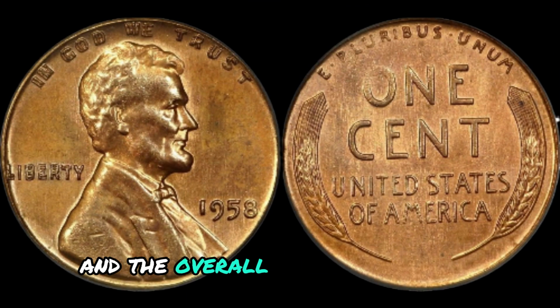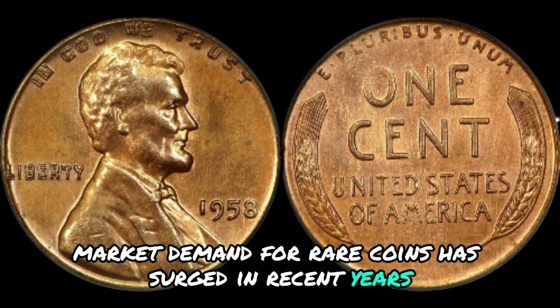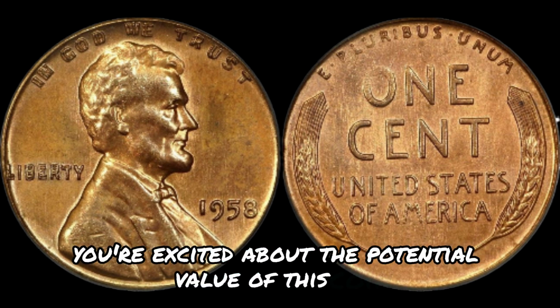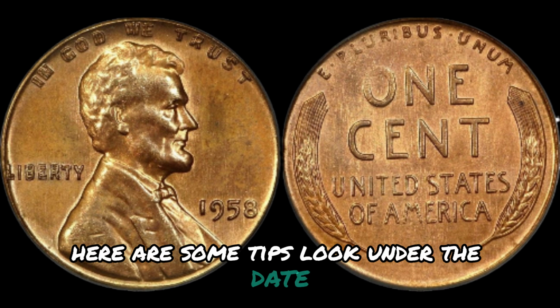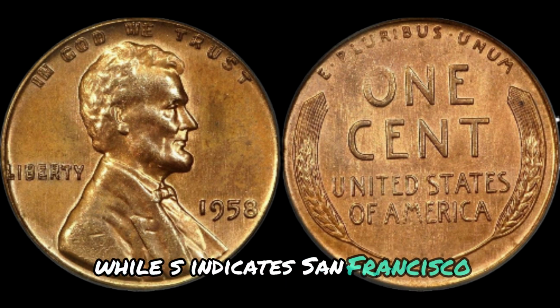So, what makes the 1958 Ultra penny so valuable? It all comes down to rarity and demand. The Denver Mint produced only a limited number of coins, and the Ultra penny, in particular, is characterized by its sharp details and minimal wear. Coins in excellent condition can command astronomical prices in the collector's market. Collectors seek coins that are graded well, typically by reputable organizations such as the Professional Coin Grading Service, PCGS, or the Numismatic Guarantee Corporation, NGC. The highest grades,